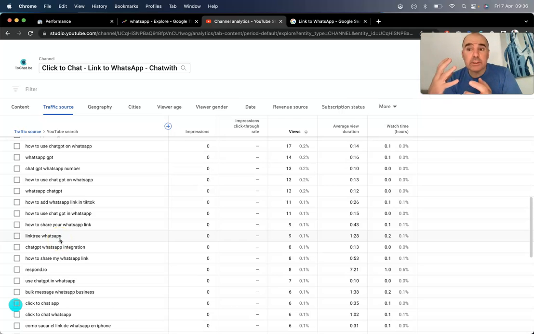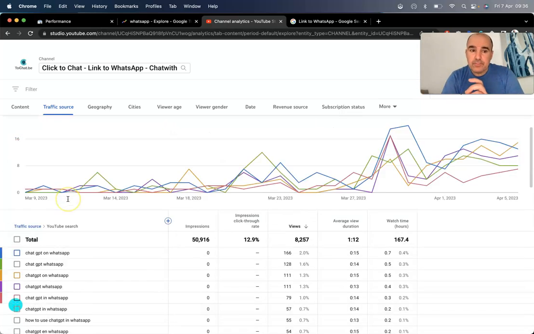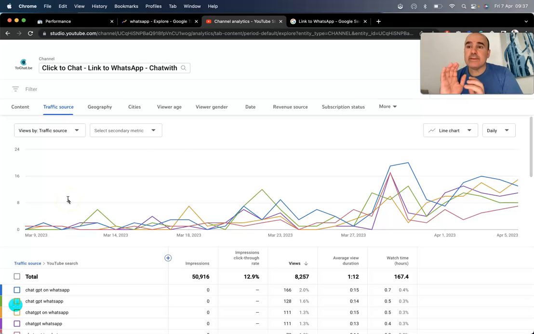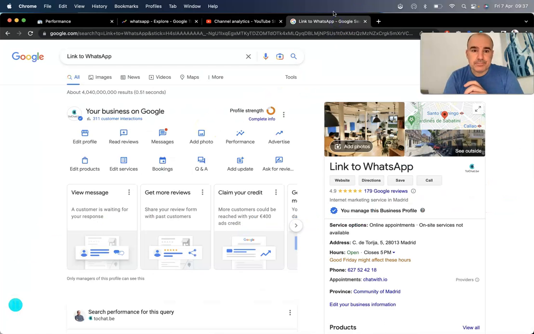So we have keywords that are important for us. So we are going to keep creating more content. We are going to keep improving the content we have. We are going to keep pushing for these keywords. You need to check what's working, and you need to create more content on top of that. So YouTube, I think, is as important as your website. So I will try to keep both active. Then